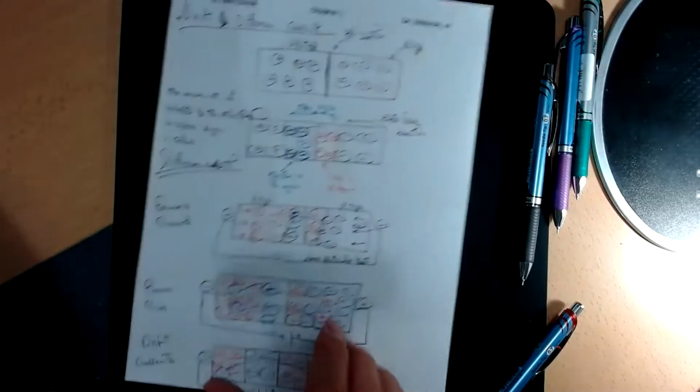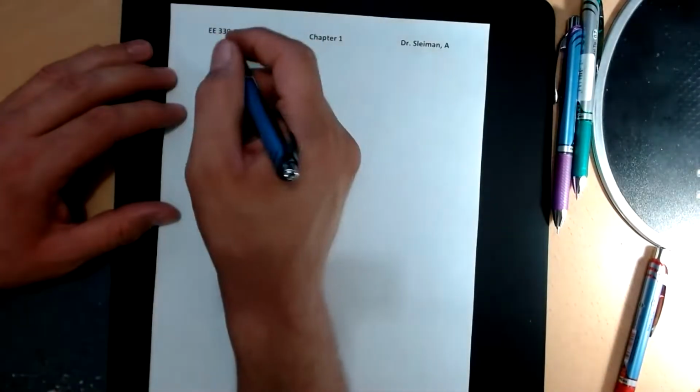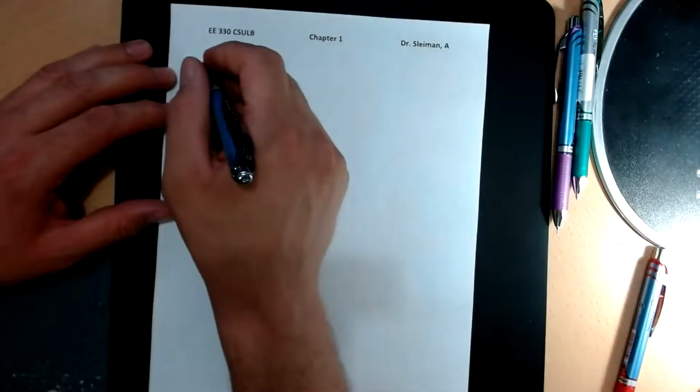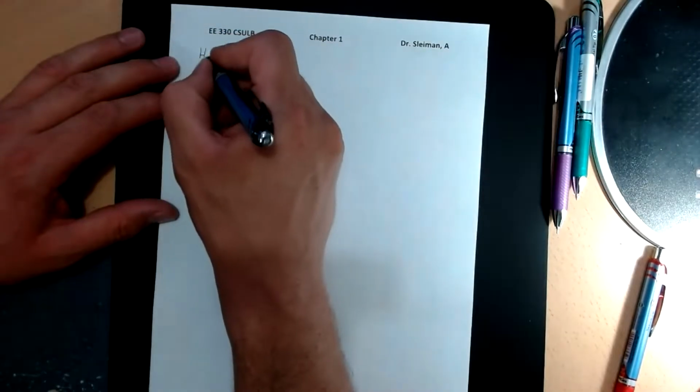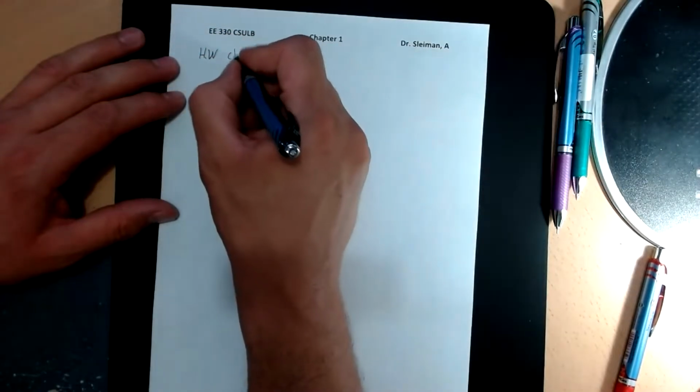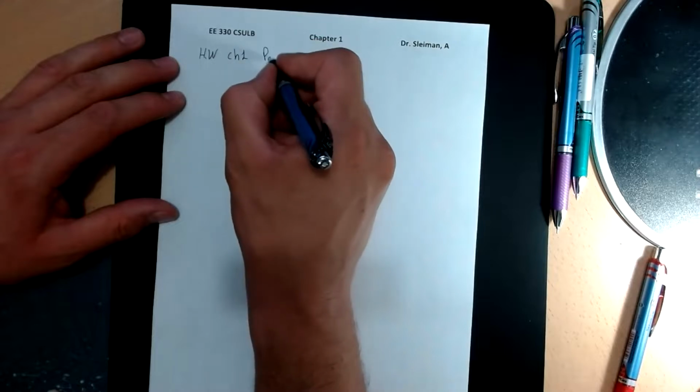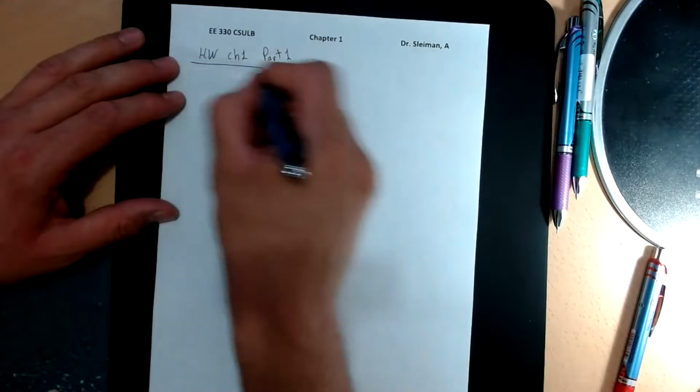Okay, I think it's enough electronic circuits, semiconductors, and diodes for today. Homework, we're gonna call it chapter 1, part 1,